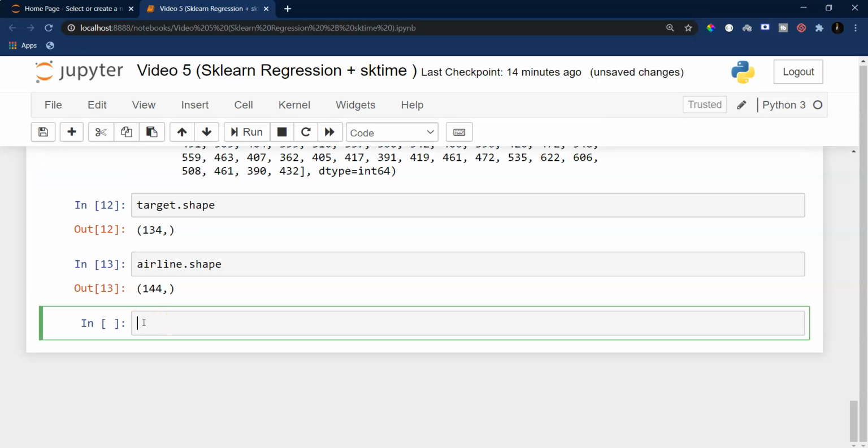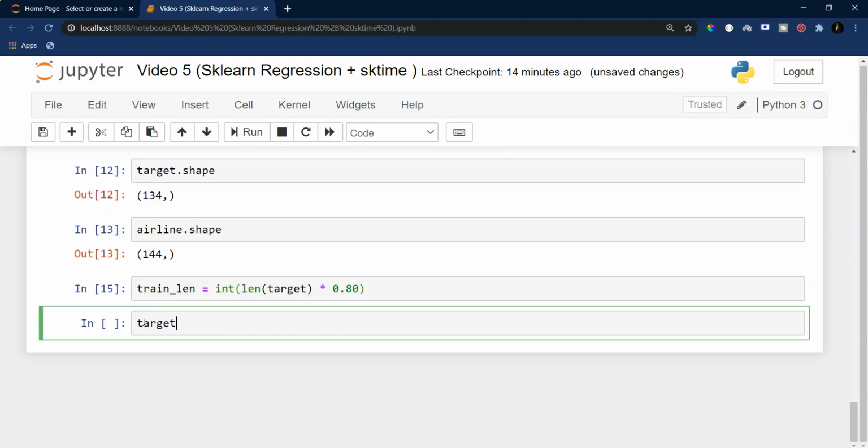So I can say train length, which is going to be the length of target. Let's say I'm saying that the training length will be 80% of the length of target. So I'll convert it into an integer, and let me now print train length.